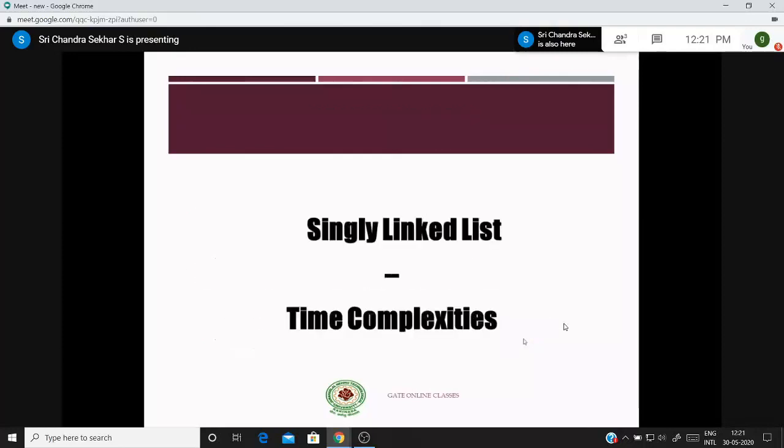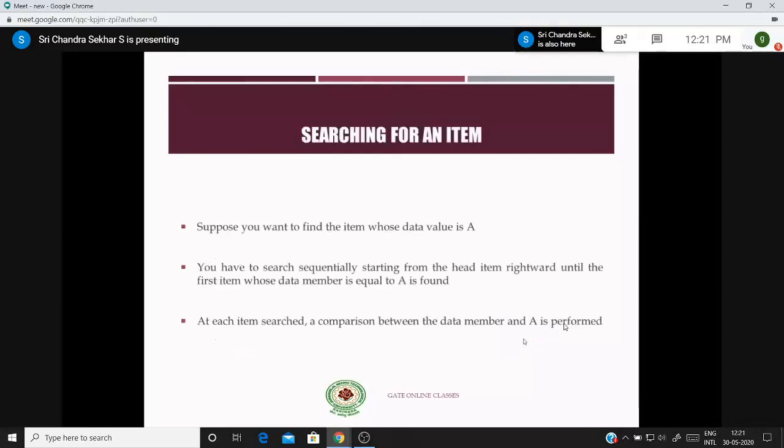Similarly, the searching operation. As I told you, you have to start any operation from the first node, and at each and every node you have to compare. For example, if you want to search for 20, you go to the first node and compare 20 with the data value of that node. If it is not equal, go to the next node. Again, compare the search value 20 with the data value present inside the present node.